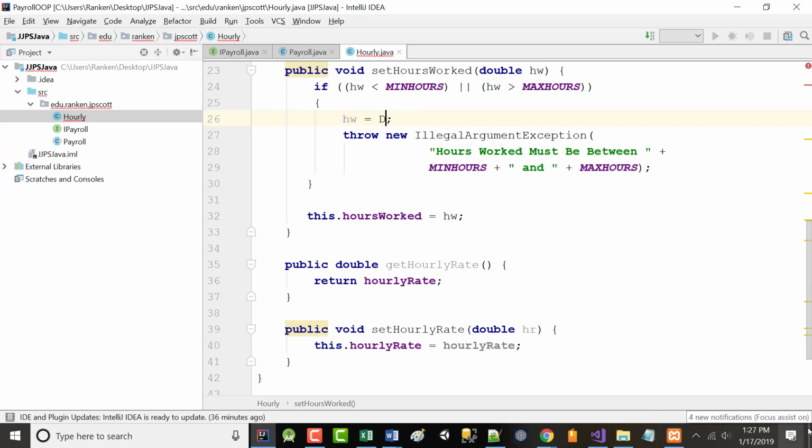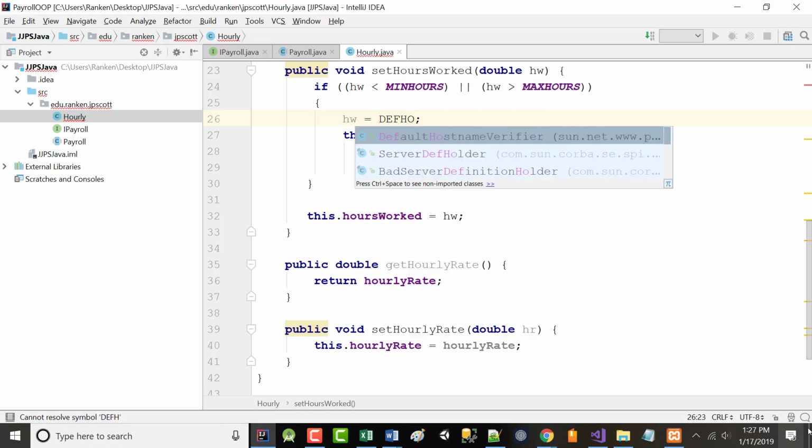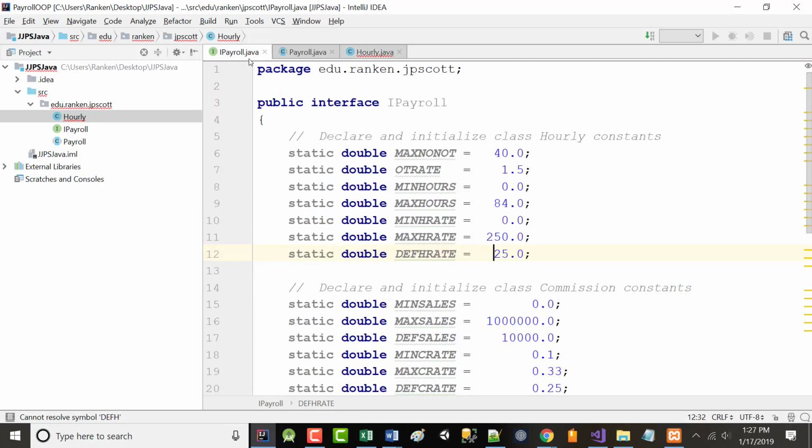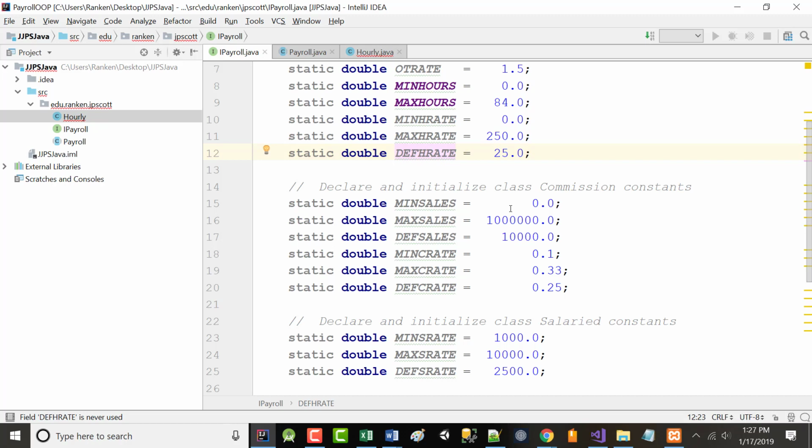Remember? That's a def hourly rate. Did we have a def hours worked? I don't know. I'm going to go look. We've got a def hourly rate. Should we make a default hours worked? We can do that, right?